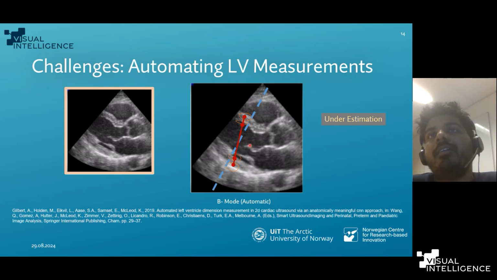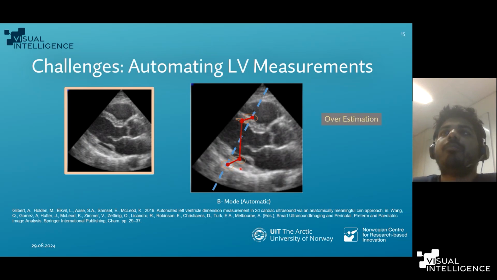And since the IVS wall thickness and LVPW thickness are very, very small, even a small error leads to misdiagnosis of different heart conditions, and it also leads to further potential misdiagnosis of general health